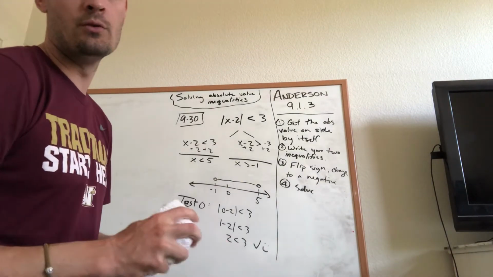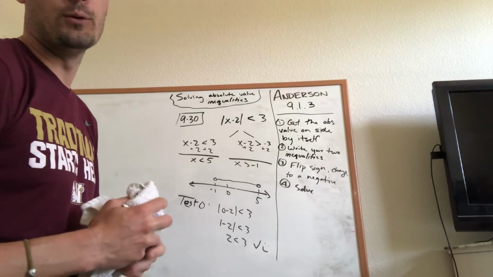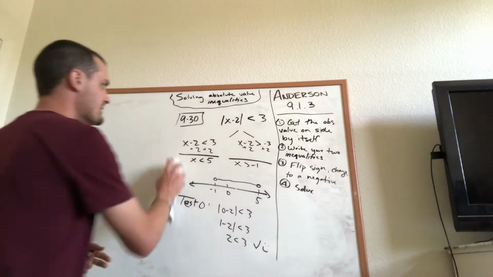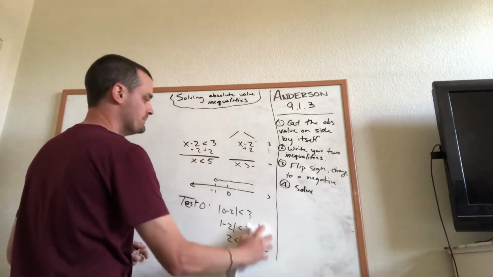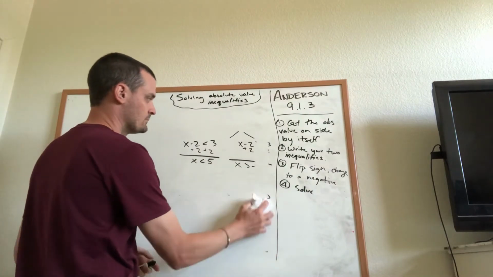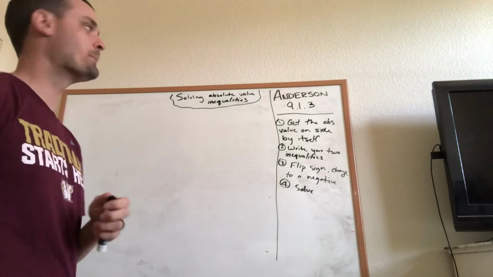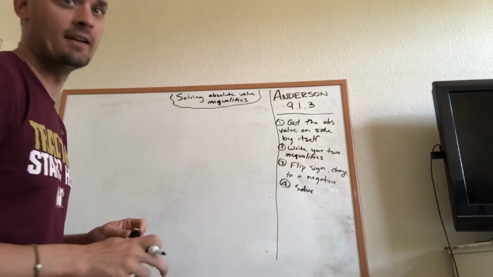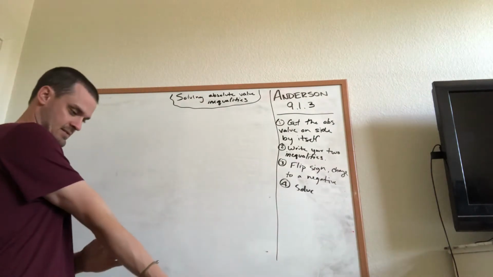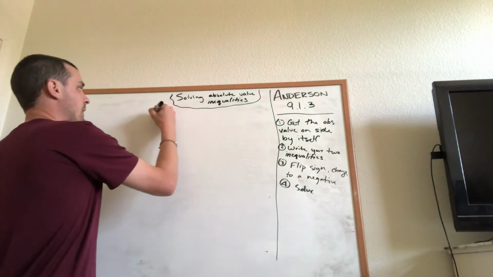So I'll go through 31, A, B, C, and D. Feel free to, if you're watching this on a recording, you could pause it and try them on your own, and then check your work. That'd be a good idea. So 31,